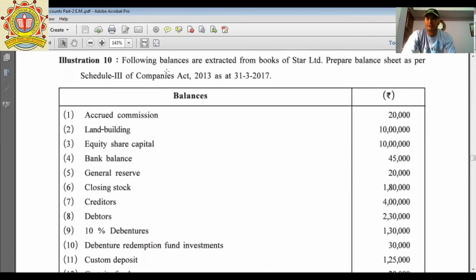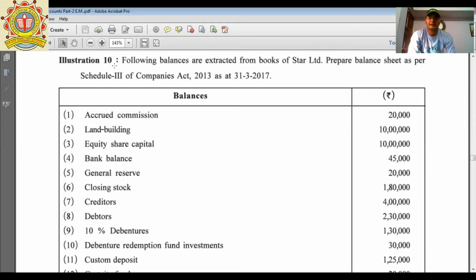We have to prepare the equity and liability column as well as the assets column, because as per the part 1 final accounts of partnership, where the liability side total and asset side total are the same, here in part 2 company's final account, the equity and liability side total and asset side total must be the same. So first of all, prepare the full-fledged format for equity and liability.